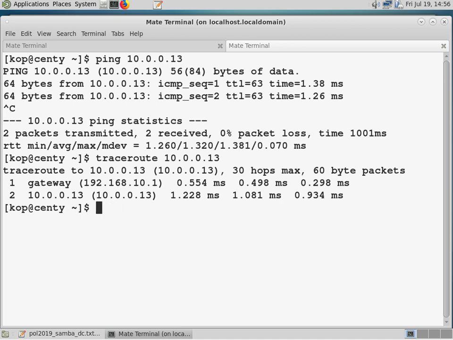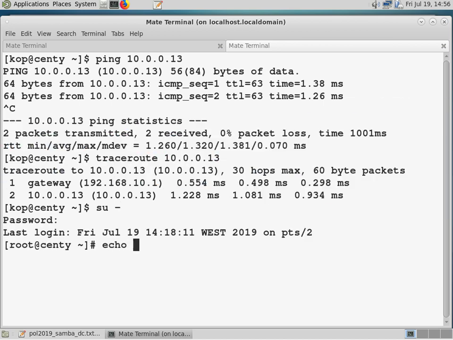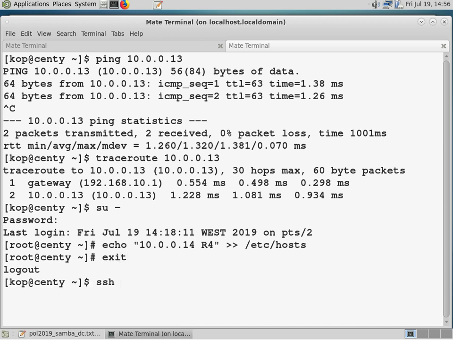Now we can also do a trick here: if you make an echo 10.0.0.40, this is the IP address of HT1 from R4, and we say that's R4. We'll send it into the hosts file that's in the etc folder. Right now you can make an SSH. I'm going to make an SSH, vyos, the username, and now R4,